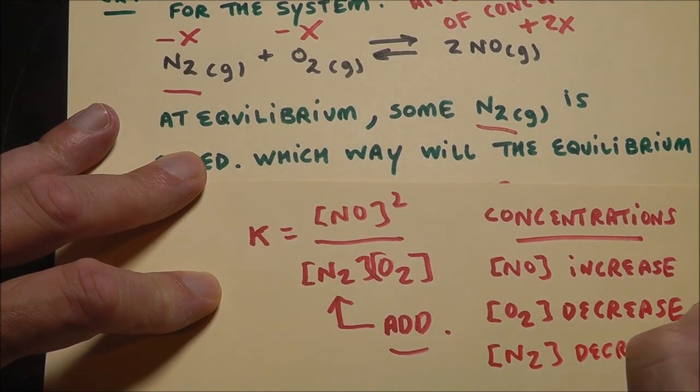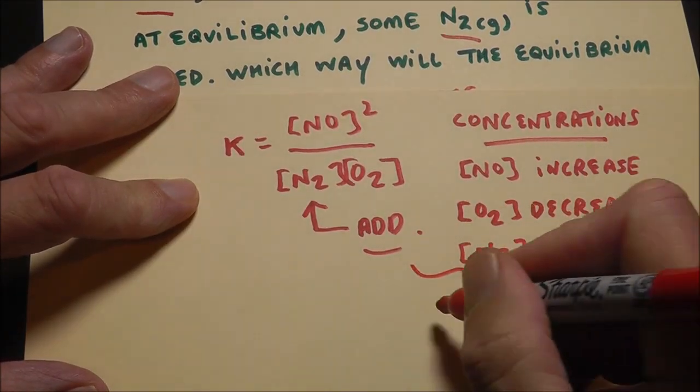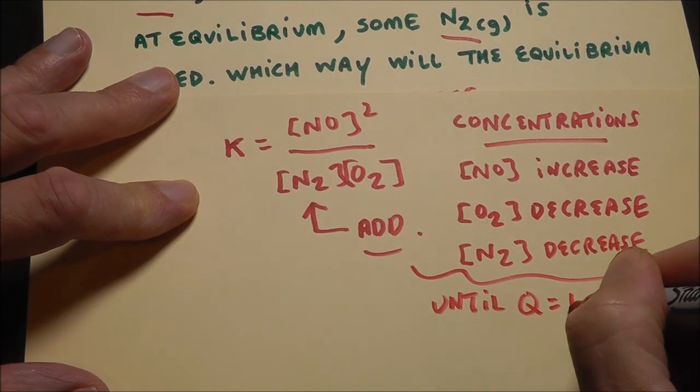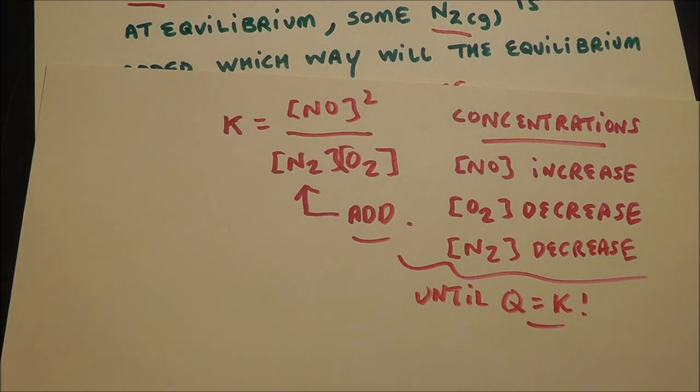All of these will contribute to Q, and this will all happen until Q equals K. And I don't know, that could take milliseconds, it could take hours, could take days,